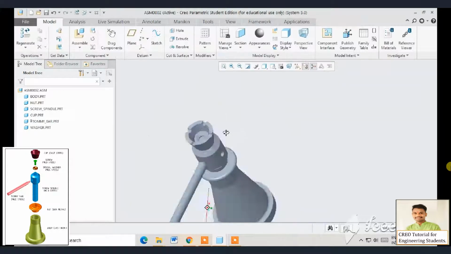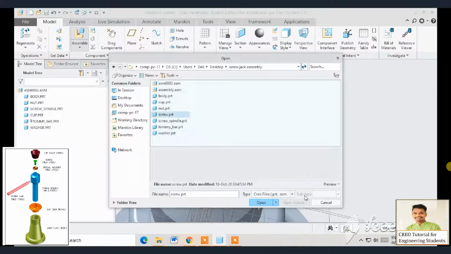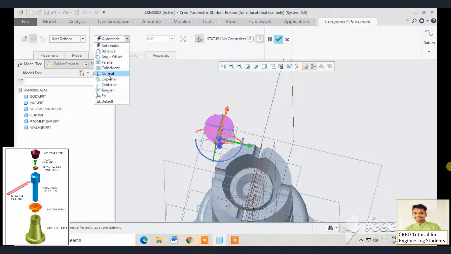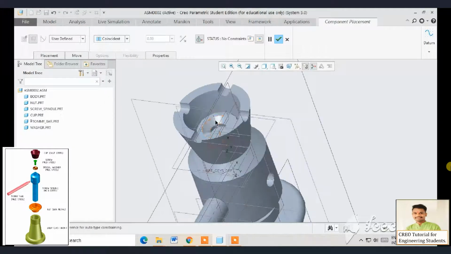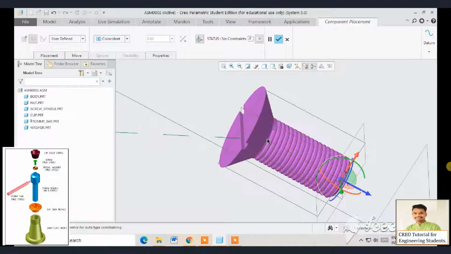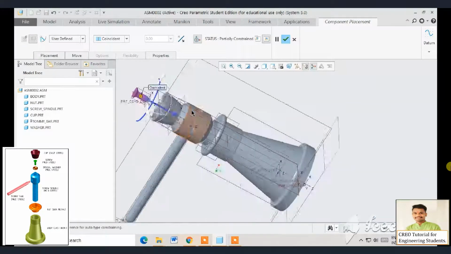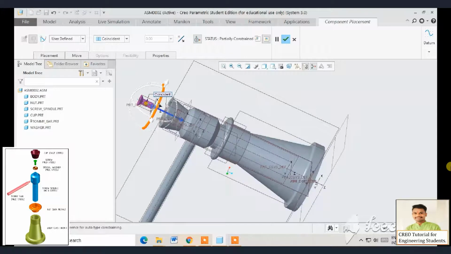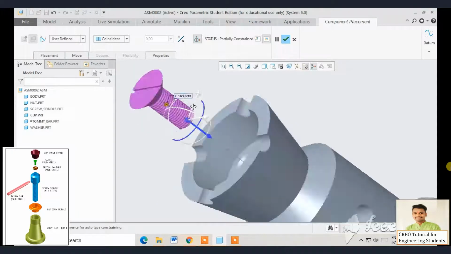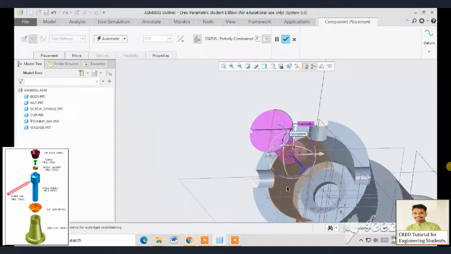Now click on OK. Now students, our last part remaining is the screw. Select and open it. Select the coincident. Now the axis of both parts should be coincident. For this, select this and make the screw flat position rest on the washer flat position. For this, select this face and this flat position of the washer,